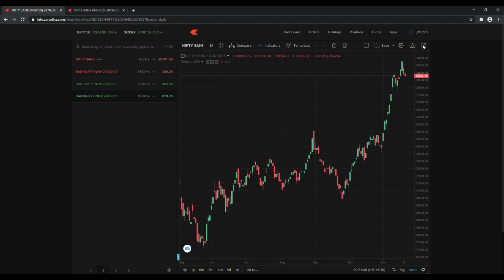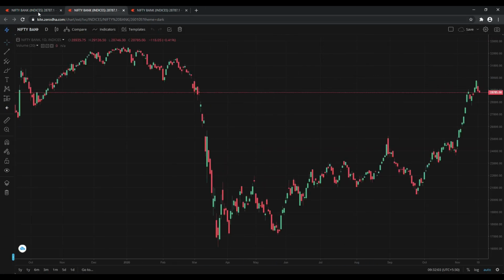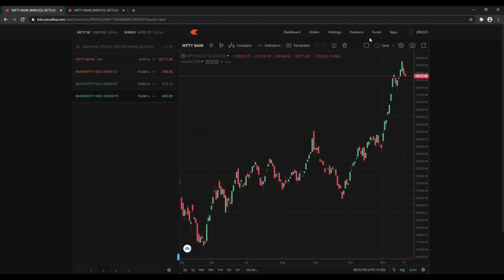And then for popping out you can use this, or otherwise if you are comfortable with this, you can go for multiple screens simultaneously. Usually I pop out from this window and it opens in the other window, and then I tab between the two different screens and work. Okay.